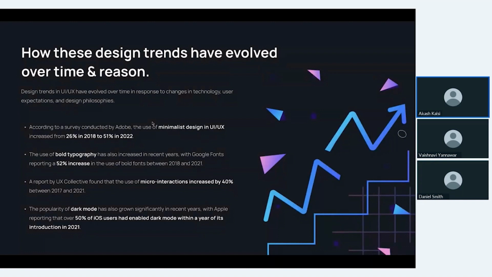So minimal design is a game changer. We all know that, and let's talk more about it. How did it become so popular among designers all over the world? Minimal design is known for its simplicity and elegance and gives importance to the UX perspective of the design. Basically, as we all know, in minimal designs, we give respect to white space and reduce the visual elements or remove all the unnecessary clutter from the user interface.